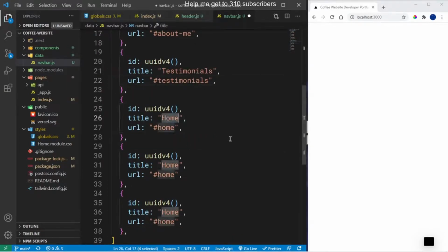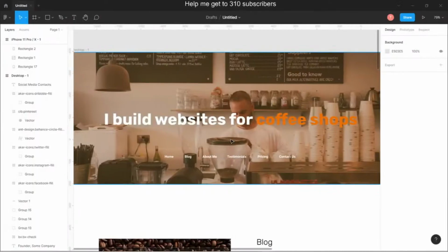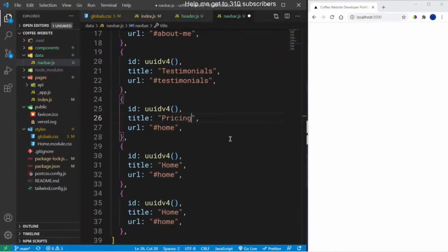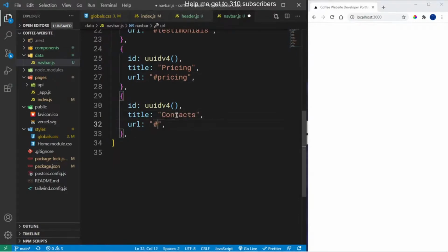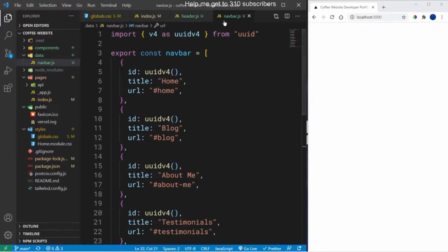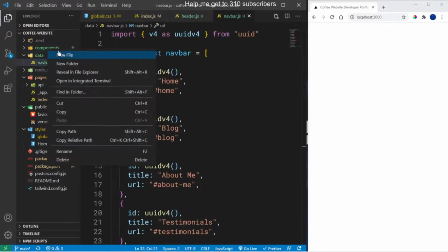And then the next one is contacts, right? Or rather pricing like so, with an ID of pricing. And then finally we have, remove this, we have contacts, and then this should be contacts. Amazing. And then once we do this, then we can create a component called